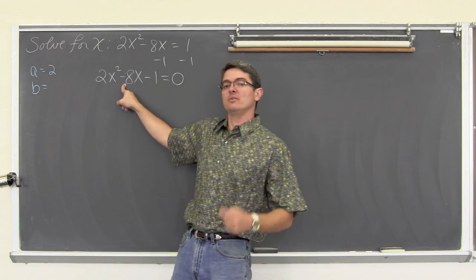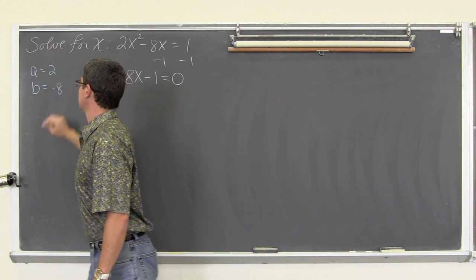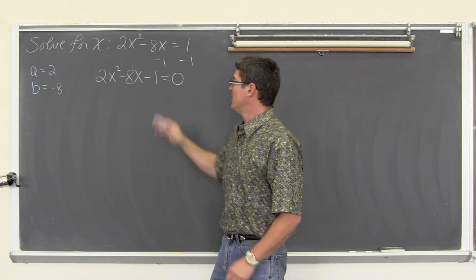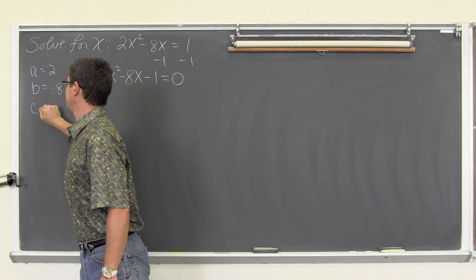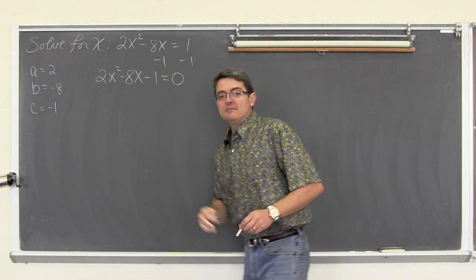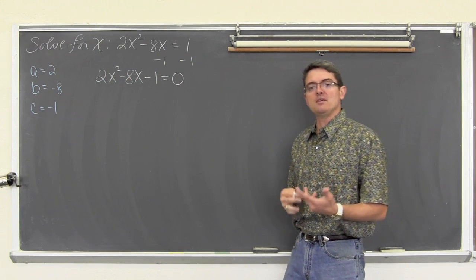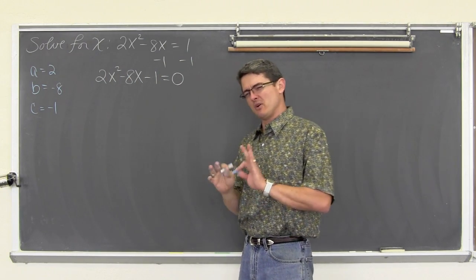B is equal to negative 8. Stressing those signs again, that's why I'm having all these negatives in here. And C is equal to negative 1. And, again, just to minimize sign errors, I'm going to write the quadratic formula, but only with a bunch of